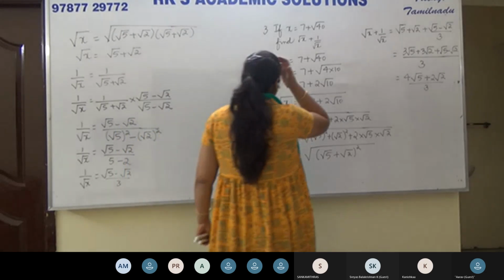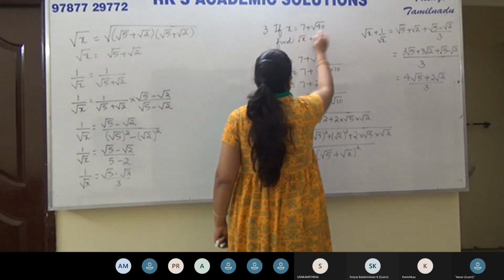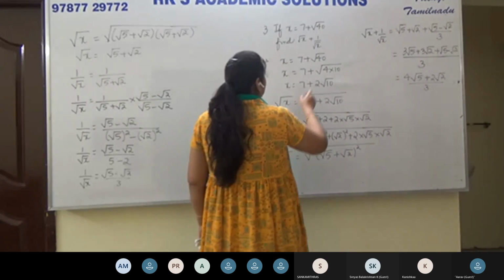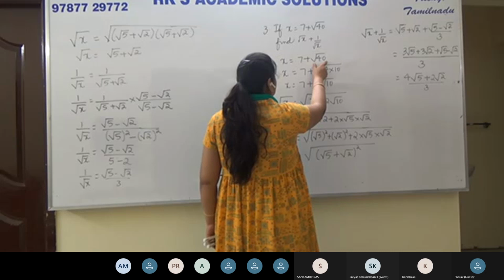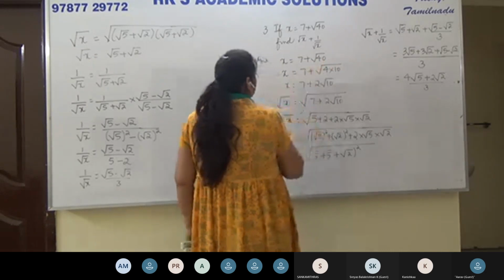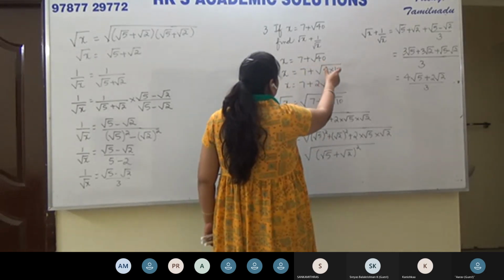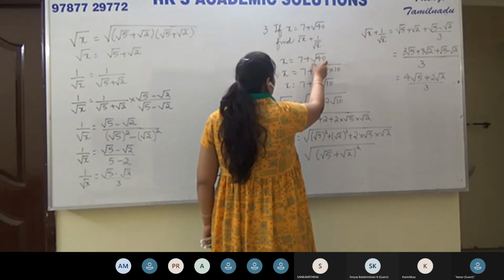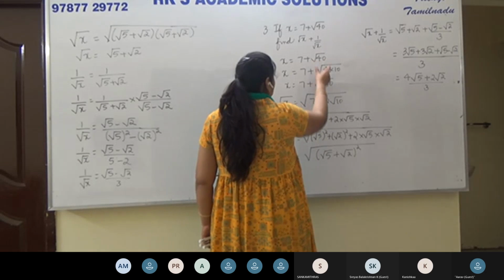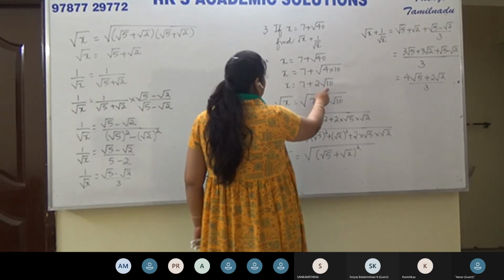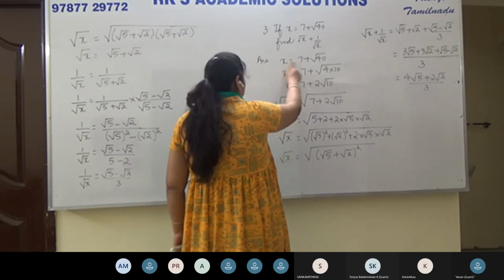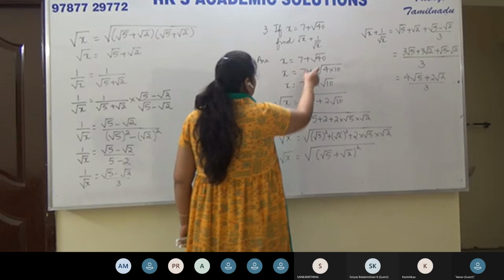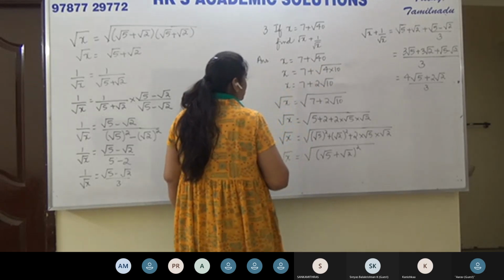All right, children. Let's see it from the beginning. So we are given an expression for x. X is equal to 7 plus square root of 40. Whenever you can express a surd as a mixed surd, we have to do that first. Square root of 40 can be expressed as square root of 4 into 10, which is 2 root 10. So x is given to be 7 plus root 40, which is nothing but 7 plus 2 root 10.